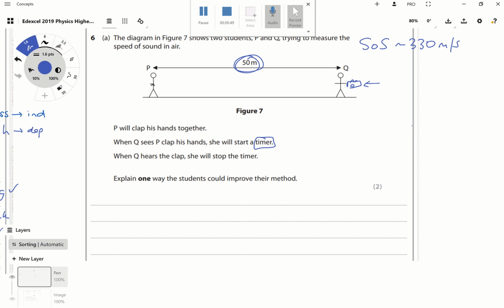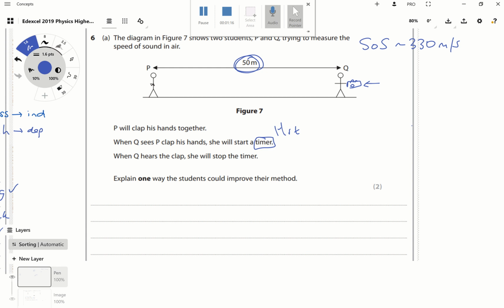So the key thing they're going to say, how could they improve their method? Well, clearly, human reaction times. So just write that there, human reaction times, due to using a stop clock, is going to massively increase the percentage error in this. And the fact we've got 50 meters, you can imagine it's taking far less than, well, what's that, about a third of a second, something like that, to go that distance. So human reaction times are going to be massive. And then